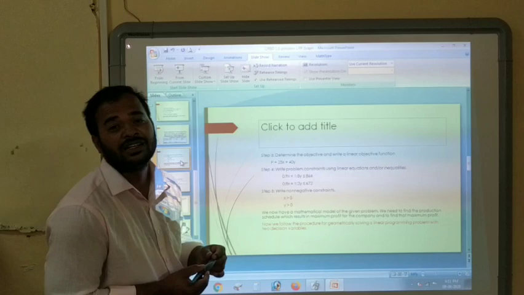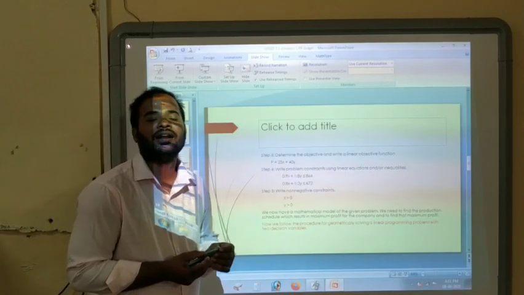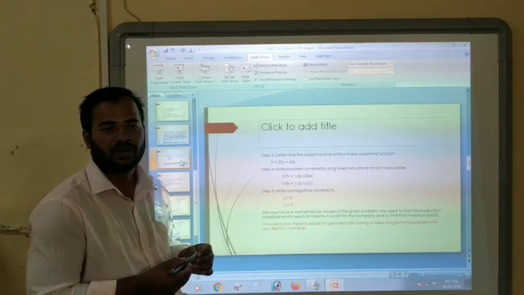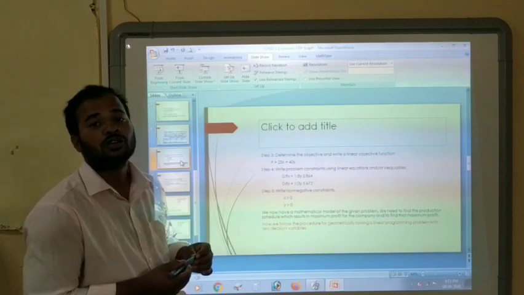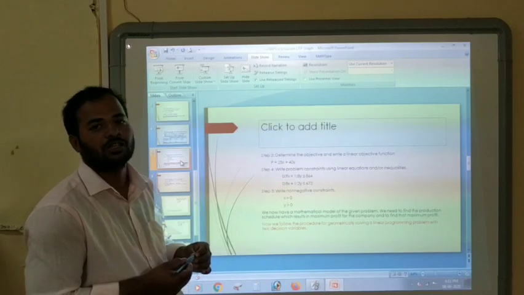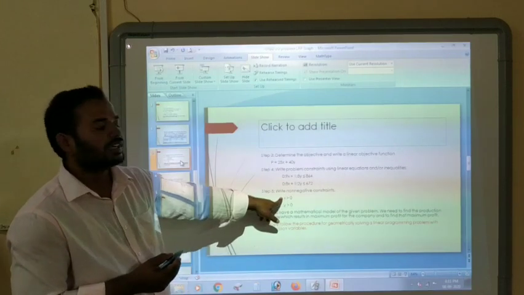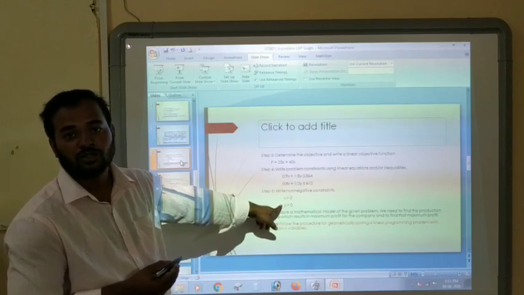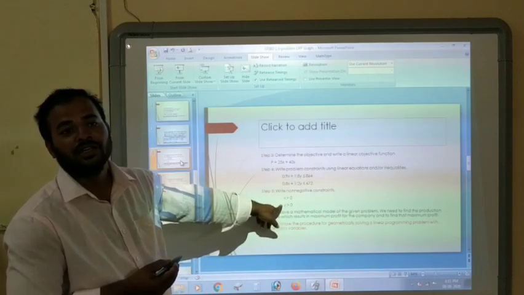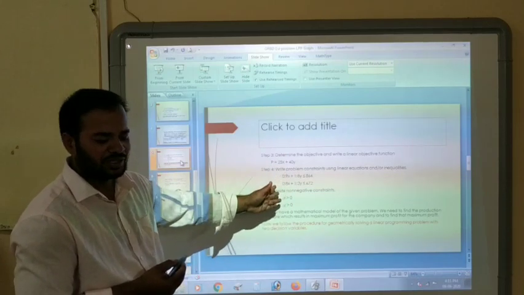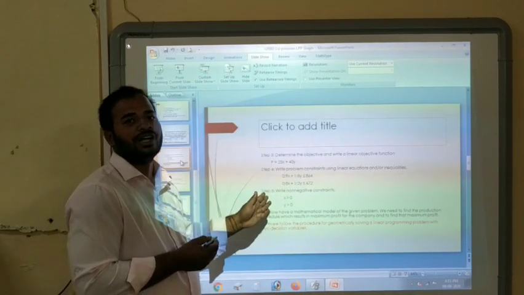Right? It is important and necessary to know that in a linear programming problem, there should not be negativity. Negativity means there should not be values less than 0. The x value should be greater than 0 and the y value is also greater than 0. There should not be any negativity. It is positive.